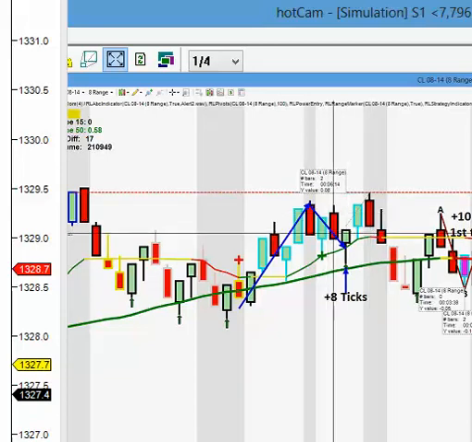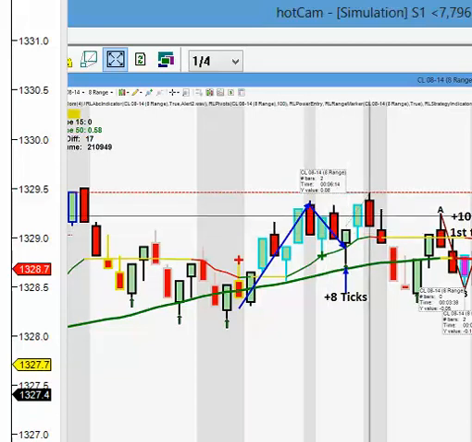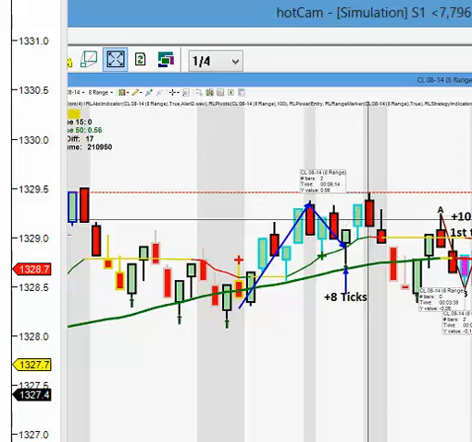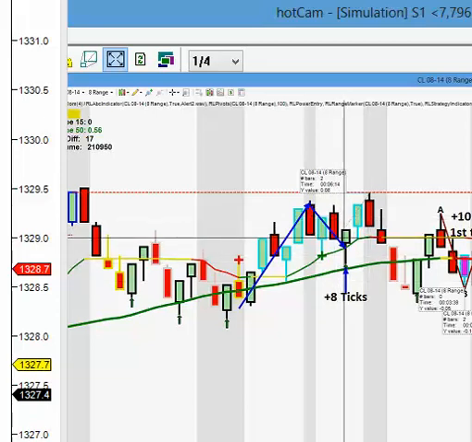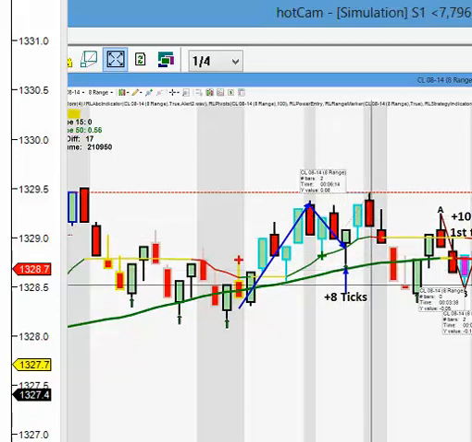Now on an 8 range, our first target is 5 ticks. We trade 4 contracts, 2 off at 5 and 2 off at 10. So this gave us a first target win. Then